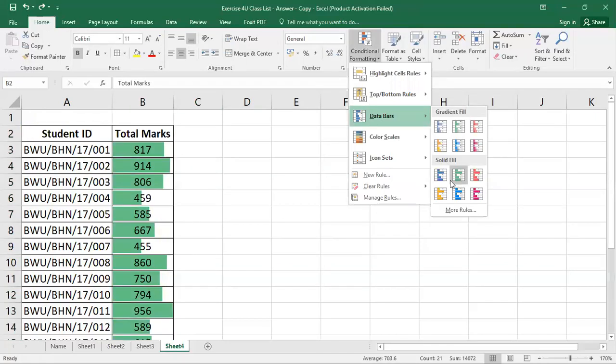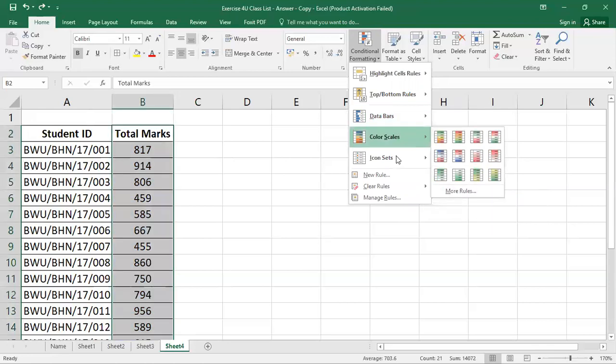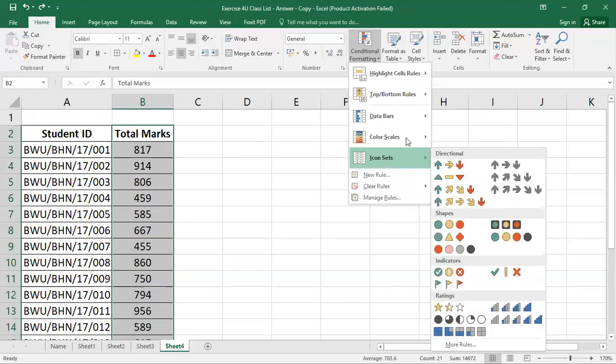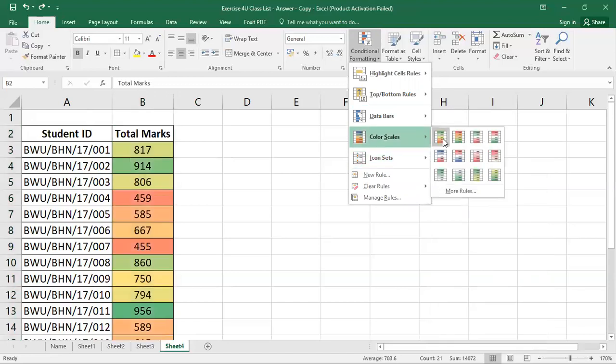And we can select any color as per the options, or we can select the solid fills and all those things. Right now, if this is a color scale or this is an icon set, in the case of color scale, it automatically selects the color.